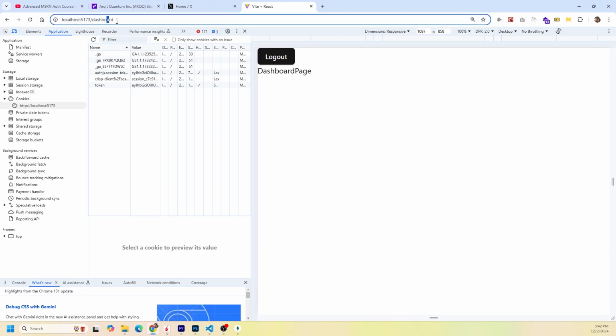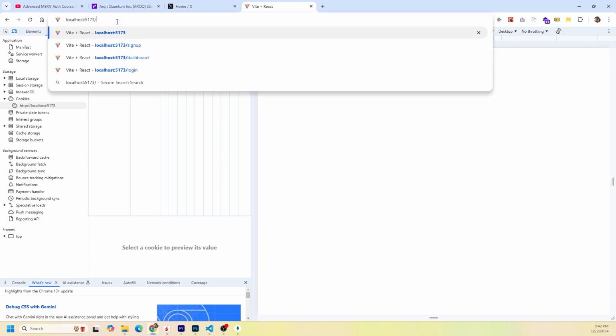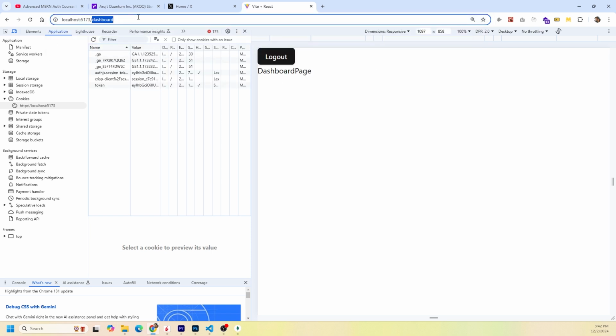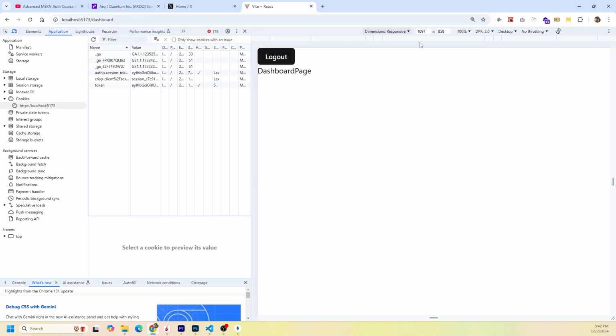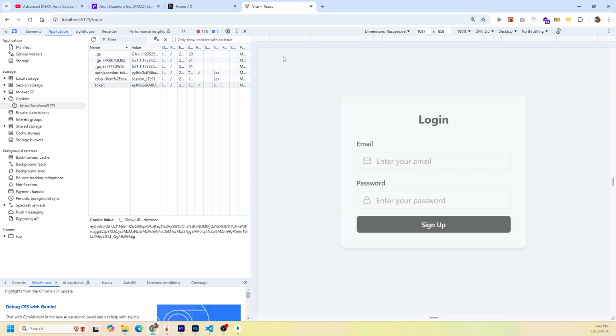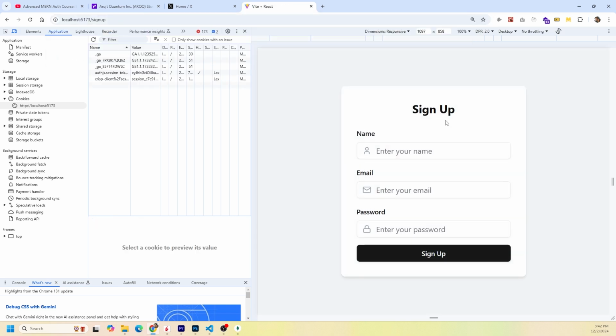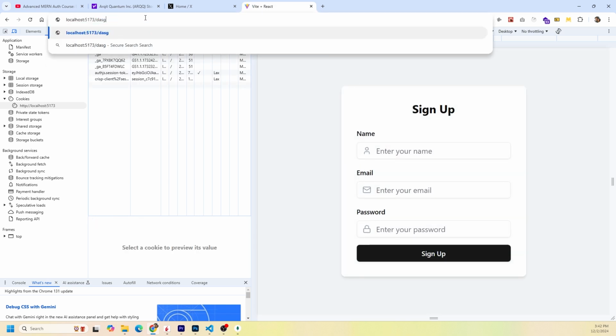So for example, we're logged in, right? Let's go to the login page and we should be redirected right to the dashboard. If we go to the sign up page, we are redirected right to the dashboard. If we delete, well, let's not delete it. Let's just log out. And now let's try to go to the sign up page. We could go there. And now if we try to go to the dashboard page,